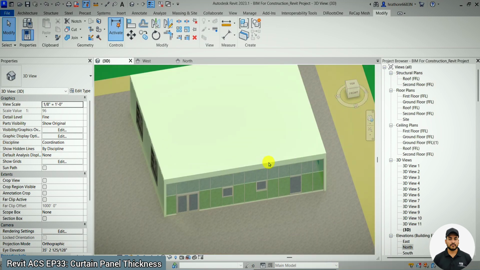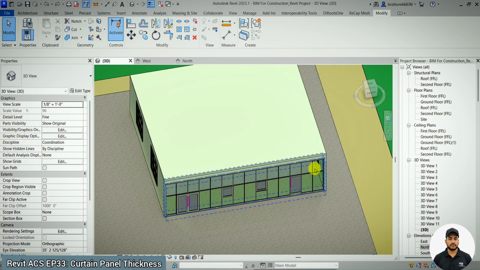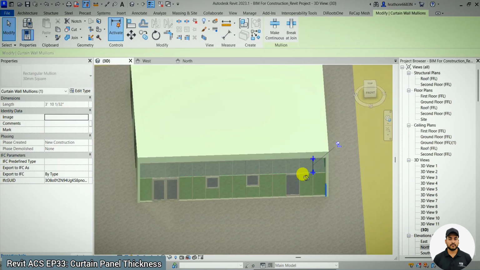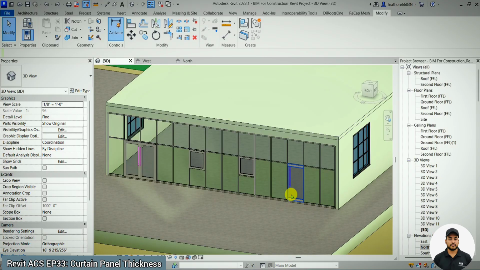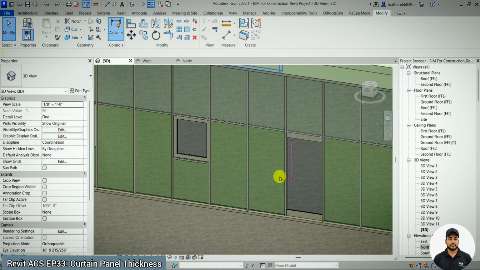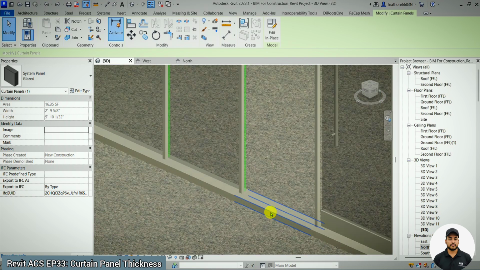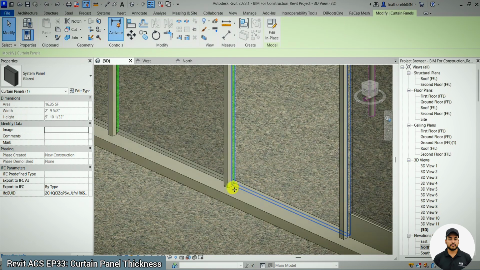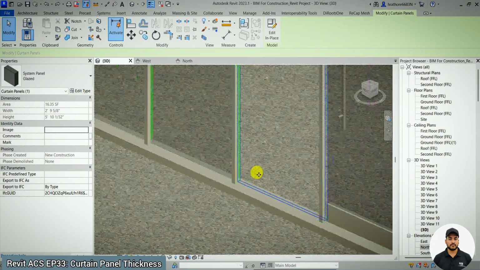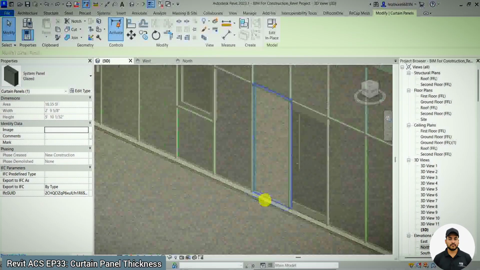So as we have started the Revit Architecture tutorial series for architecture and civil engineering students, we are continuing this series. In today's episode we will be discussing how you can change the glass panel thickness for any curtain panel. As you can see here, the glass panel is behind these mullions, and if you need it to be in the middle, or in the front, then how you can adjust those offsets